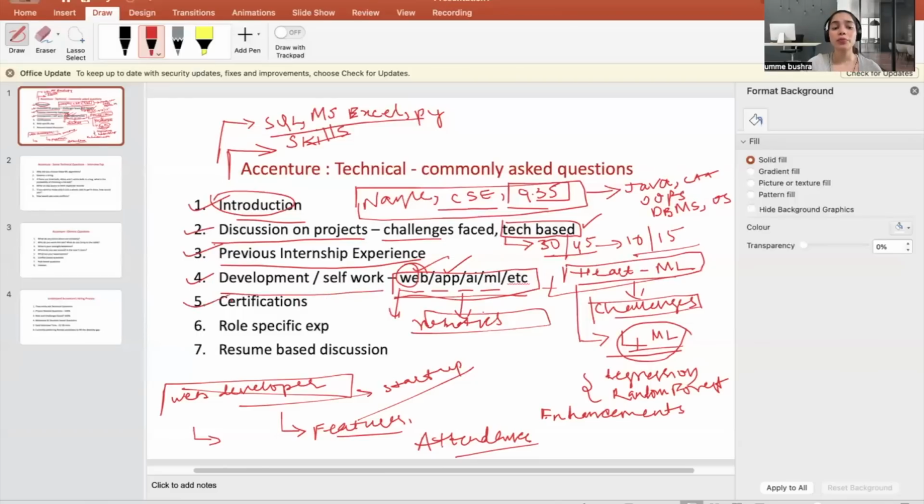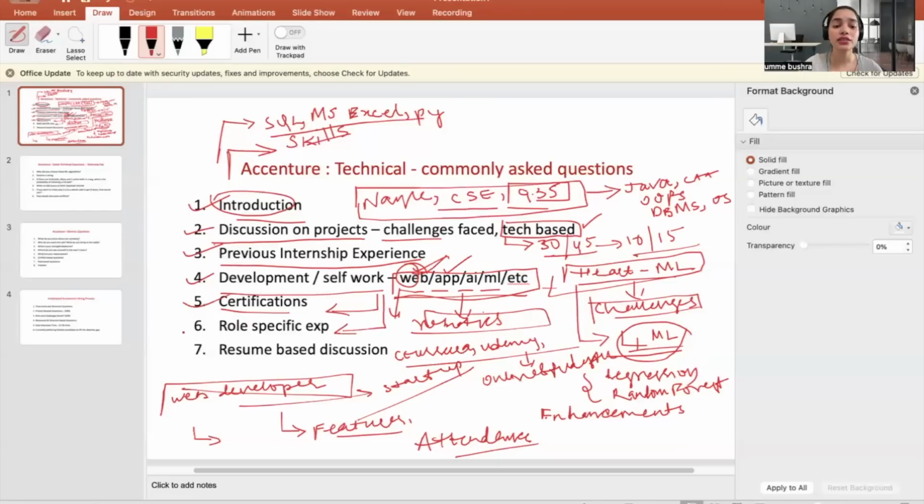The fifth topic we have is certifications. Say you have gotten some certification from anywhere: from Coursera, from Udemy, from your college, you have bought some course, or you have gotten it from Online Study For You. Any platform that you got your certifications from, if that is being asked, and even if it isn't being asked, you can just tell them that I'm really well versed in web development. I also have a certification in web development from Online Study For You, or whatever it is. You can talk about that.